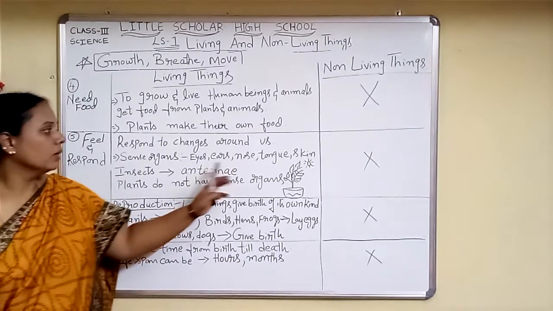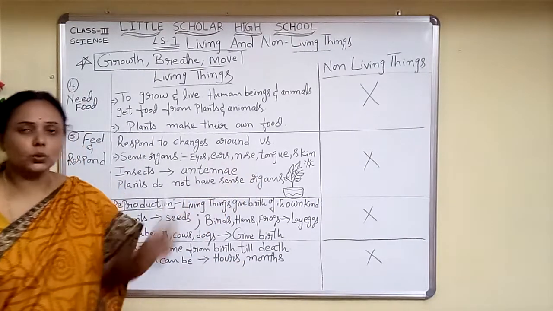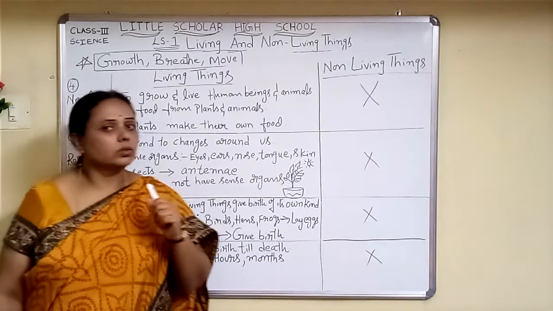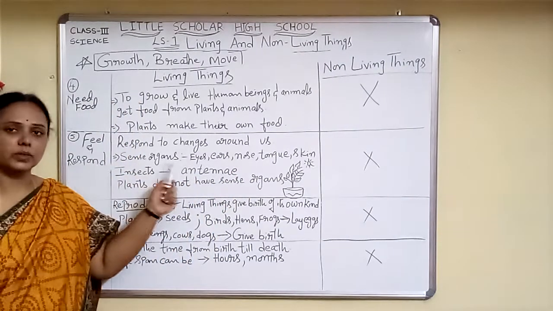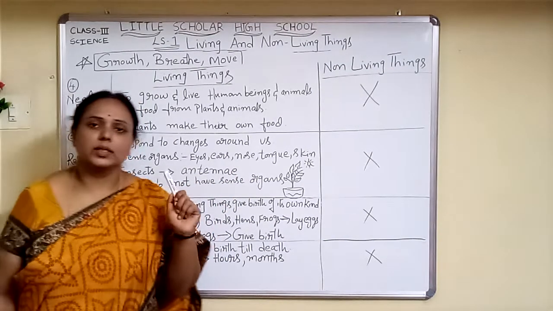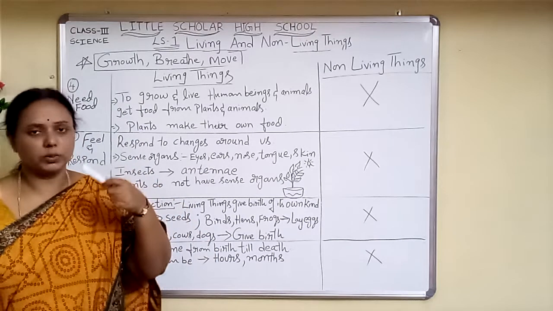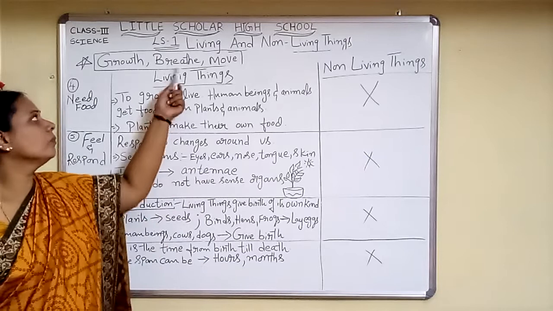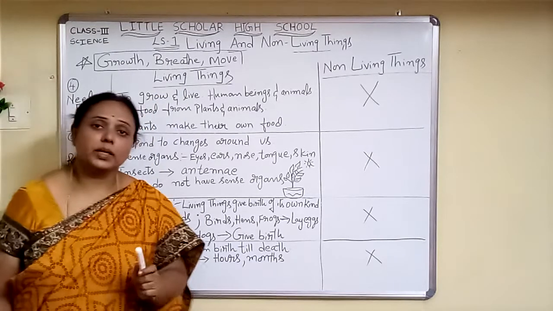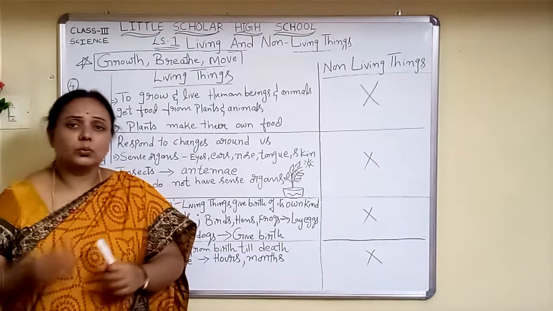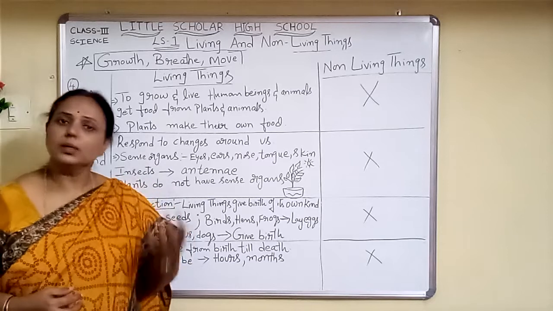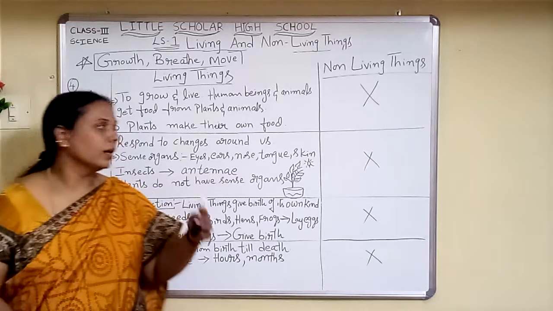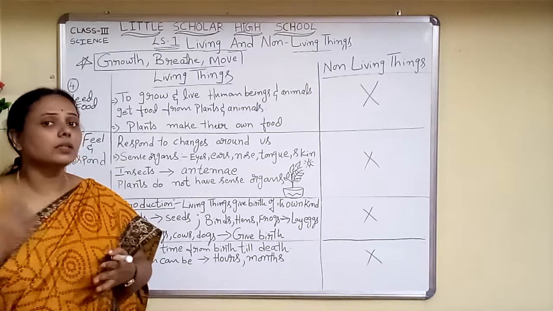Then, when we move on to the nose, nose is also one of the sense organs we said. How does the nose help us? Yes, we are able to breathe with our nose. That is one of the points we have already discussed yesterday in breathing. Now, nose also plays a major role to find out which is a good smell and which is a bad smell. That is also a kind of sense organ.